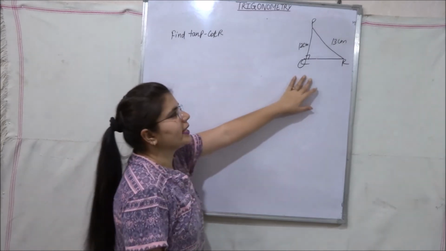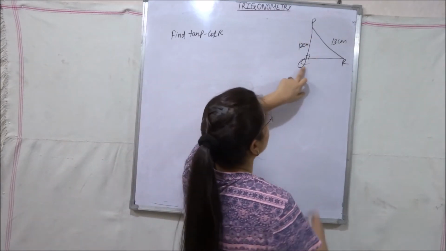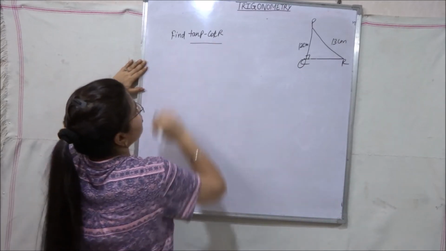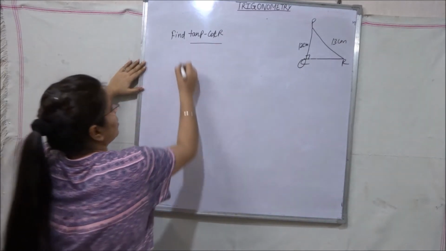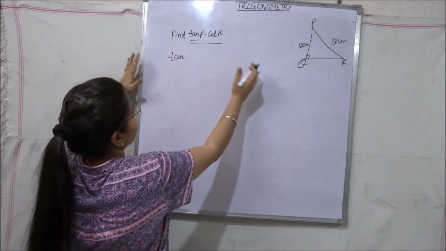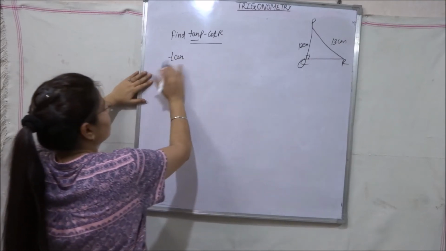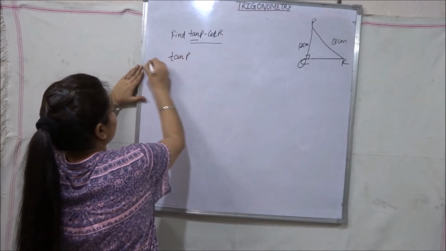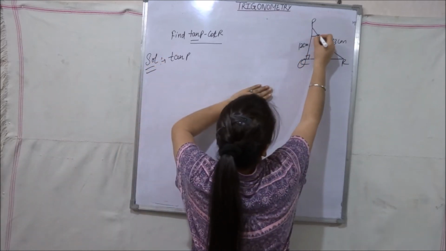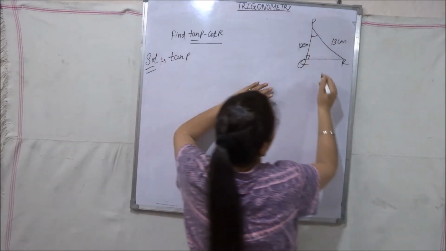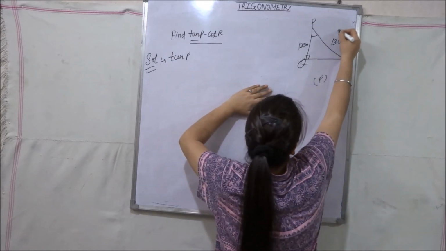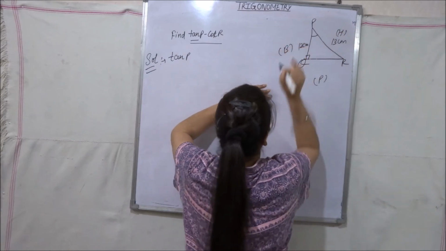Now in a right angle triangle PQR, right angle at Q, we have to find the value of tan P minus cot R. Firstly we will solve the value of tan P, then cot R, and then we subtract both the terms with each other. Tan P, that means this angle. So in this case our perpendicular is this. This is our hypotenuse and this is our base.